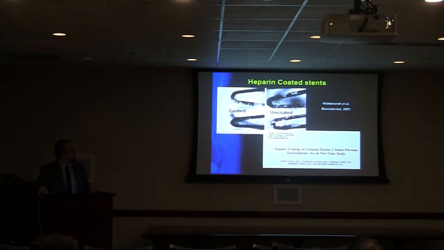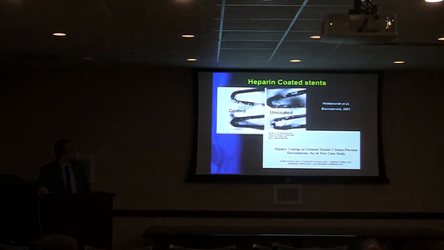Another one that's been tried is coating stents using heparin. The reason for that was that heparin is highly negatively charged, and again, the idea was that because of that significant negative charge, the incrustation wouldn't occur. In this particular study, you can see a coated versus an uncoated ureteral stent removed from a patient. And this study did show that there is a significant reduction in incrustation. Now that's only calcium oxalate-based encrustation,